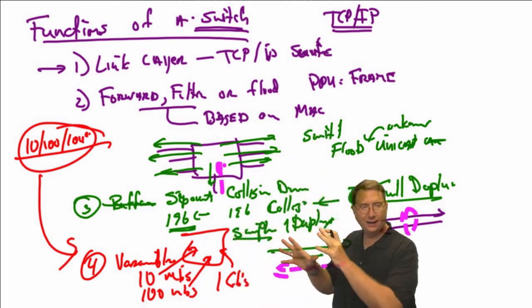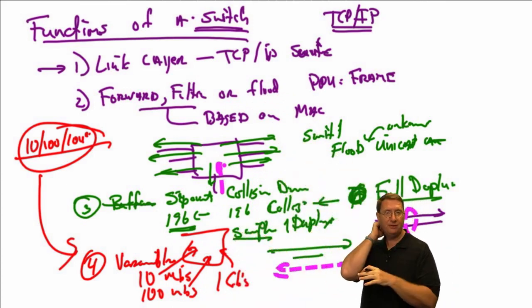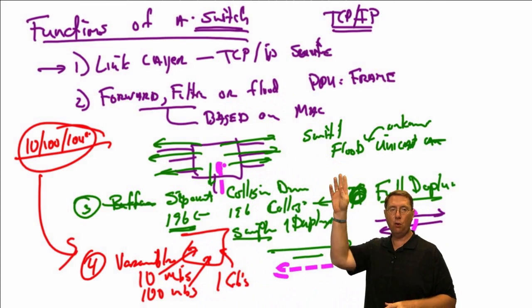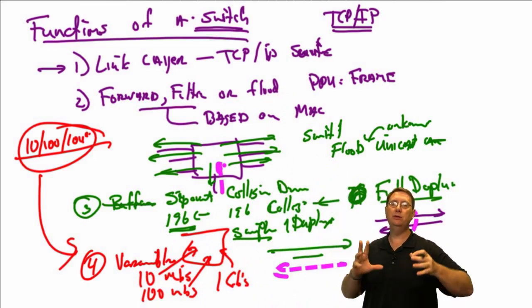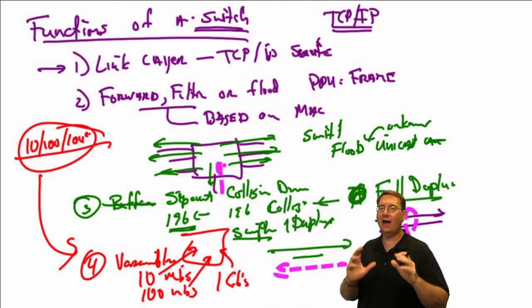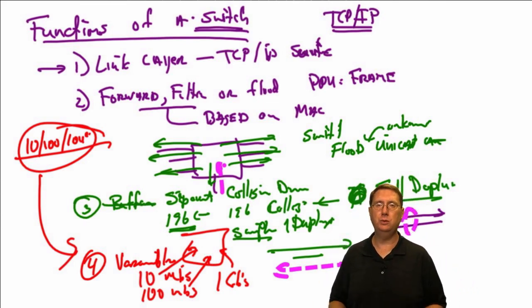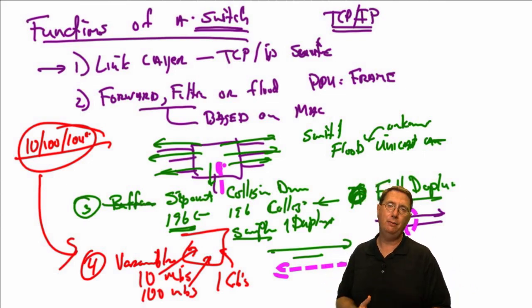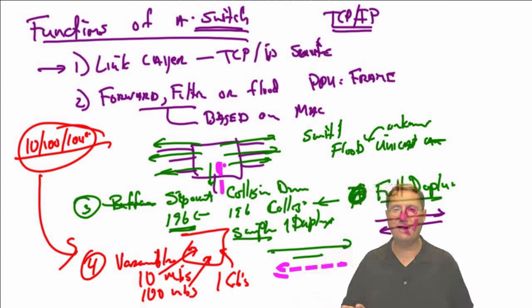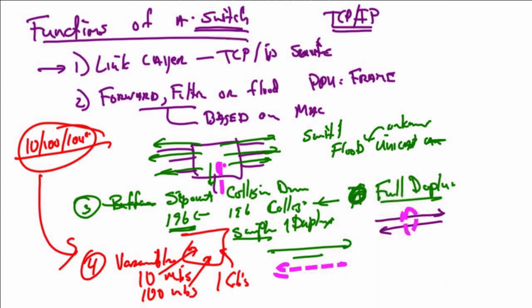Now, I mean, that's a lot to absorb. And you guys may want to actually stop this, go back and listen to it again. But these 4 elements are critical to building a modern network infrastructure. Without switches, we would be in the Stone Ages. We would have major issues because we would not be able to support things like VLANs, which we're going to talk about shortly. We would not have the capability of being able to integrate multiple speed environments. We would not be able to have full duplex operation, which means we would lose almost half of our high-end layer 2 features. Now, the benefits also to this is the fact that a LAN switch,